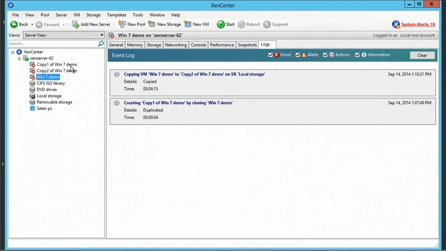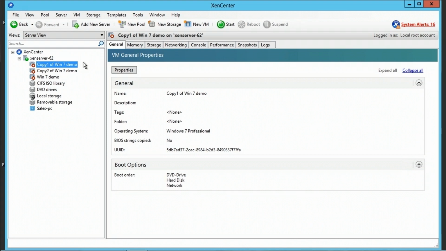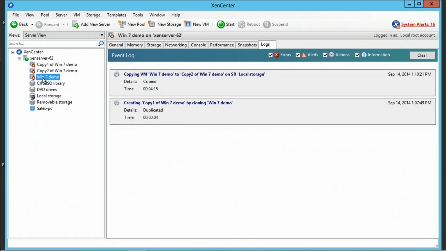Keep in mind, however, that the fast clone, when we run that, is still referencing the disk of its parent, which is the Windows 7 demo. And of course, this saves quite a bit of storage space because it's not using the full fat disk, so it didn't duplicate it. So any new writes will be written to the virtual disk created when we did the clone copy. Whereas with copy 2, it's got its own independent, standalone, separate 24 gig drive, which of course was the size of the drive of the Windows 7 demo that we used as a source when we did